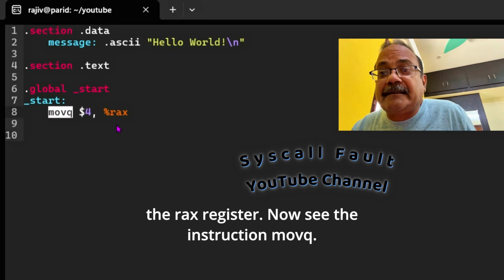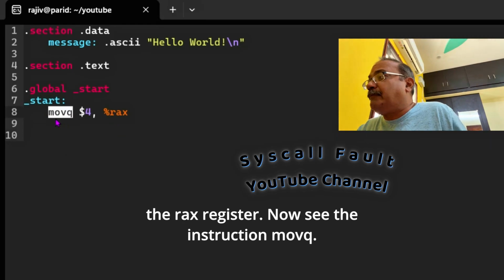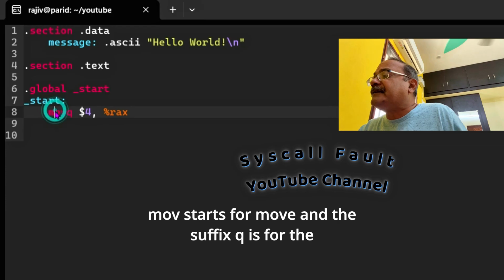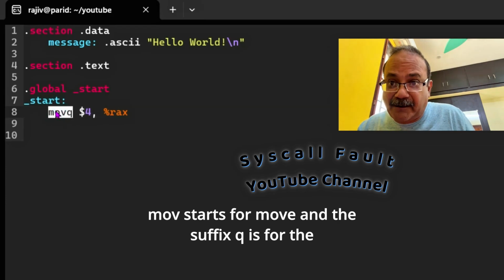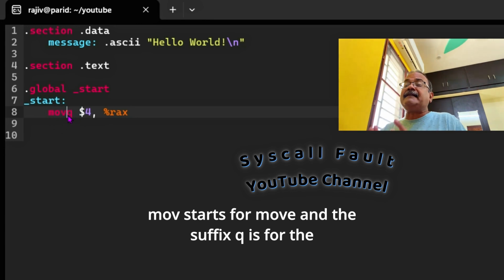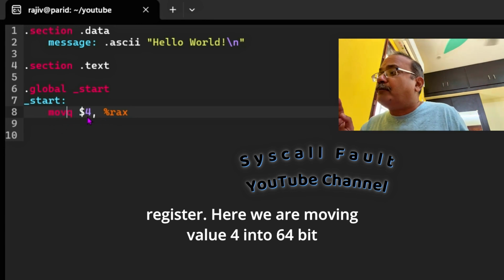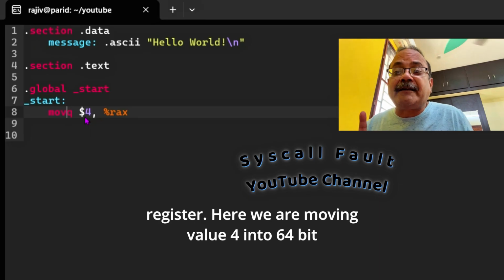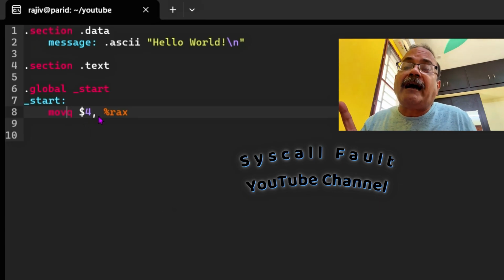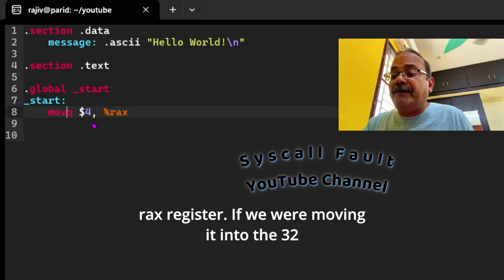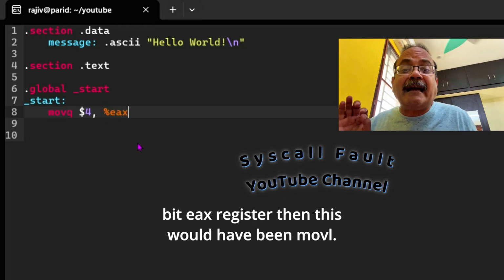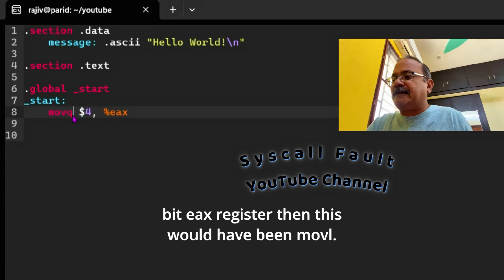Now see the instruction movq. mov stands for move and the suffix q is for the register size. Here we are moving value 4 into the 64-bit RAX register. If we were moving it into the 32-bit EAX register, then this would have been movl.